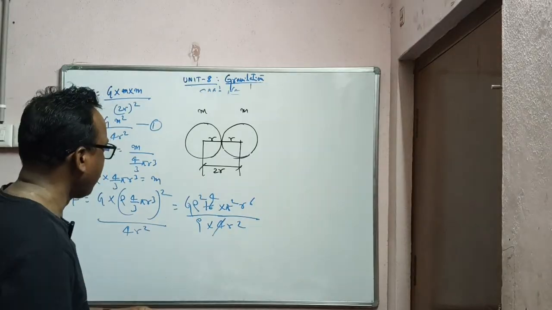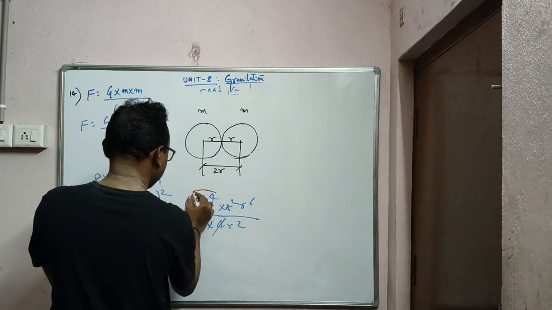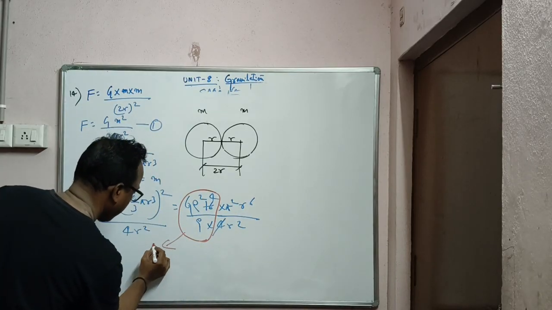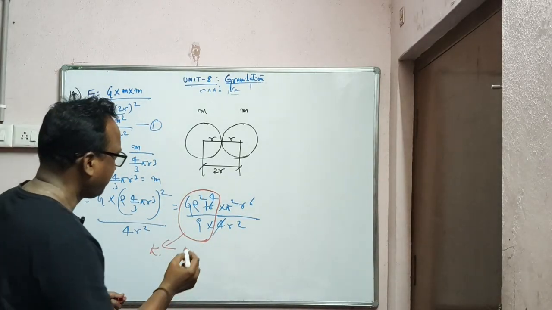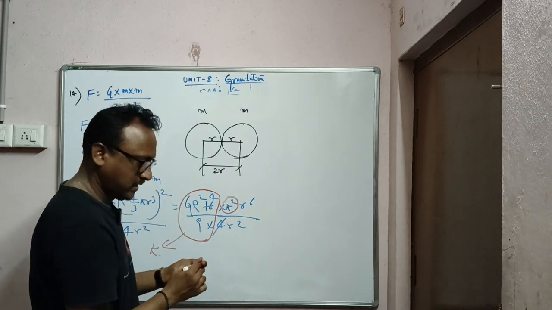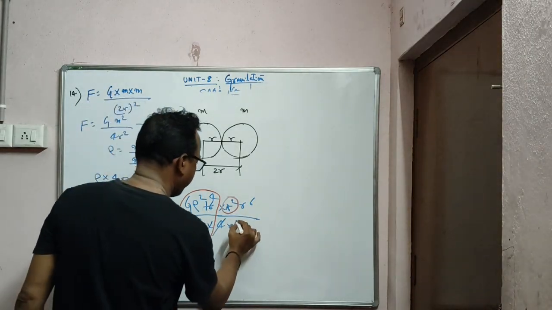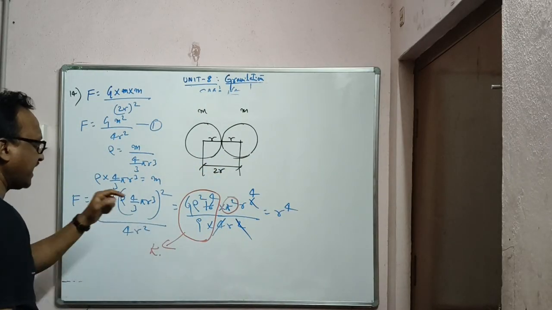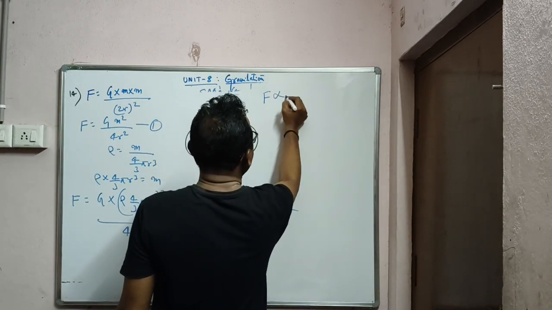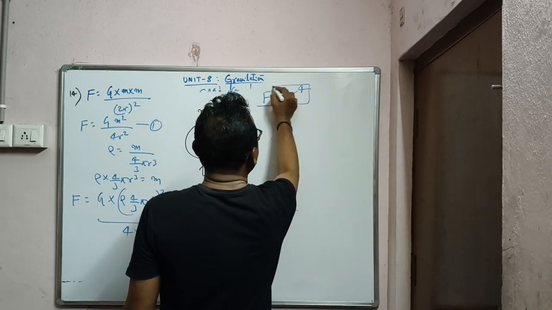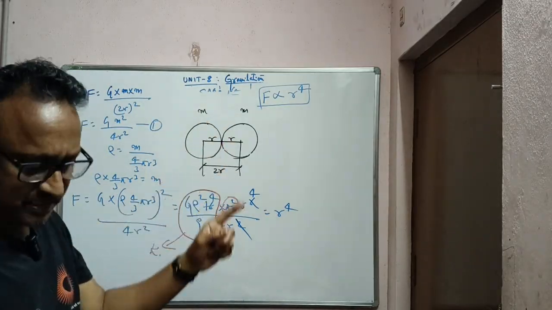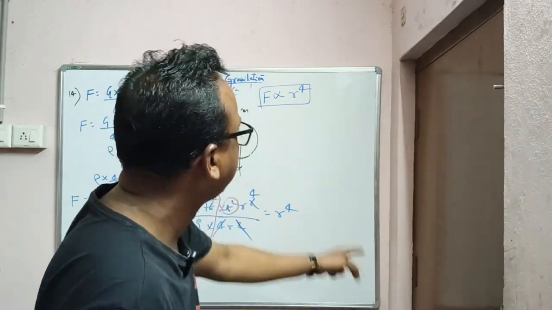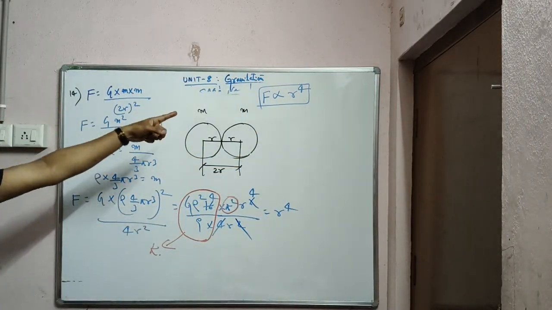Look, all these are constants. G, rho square, 9, these all are constants. Even pi is a constant, pi square. Then we have nothing else: below r square, above r power 6, that is 4. So that is nothing but r power 4. If you see the relation, force is directly proportional to r power 4. That is what is asked in the derivation: prove that the gravitational force of attraction is proportional to the 4th power of the radius. There it is, the 4th power of the radius, with all the remaining constants.